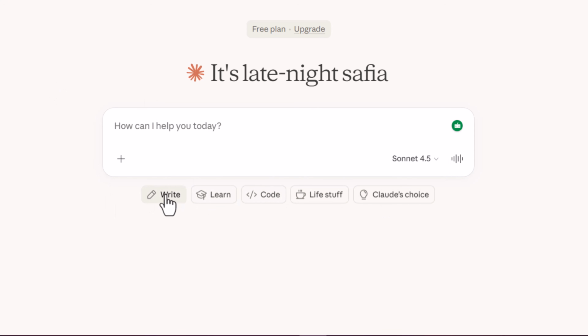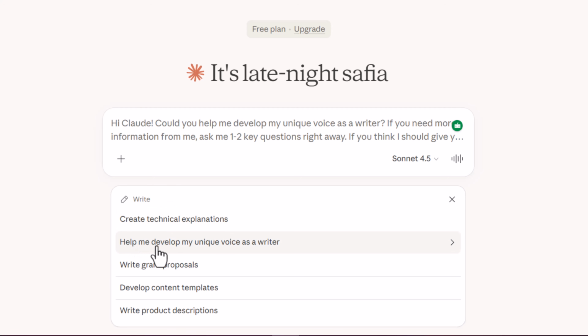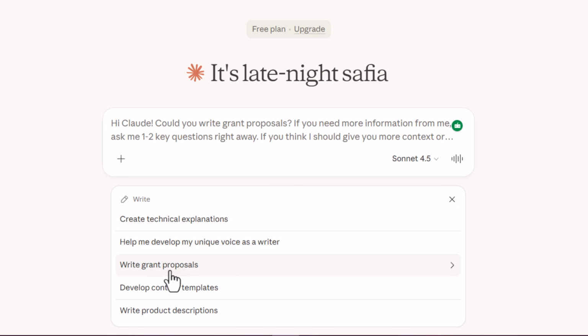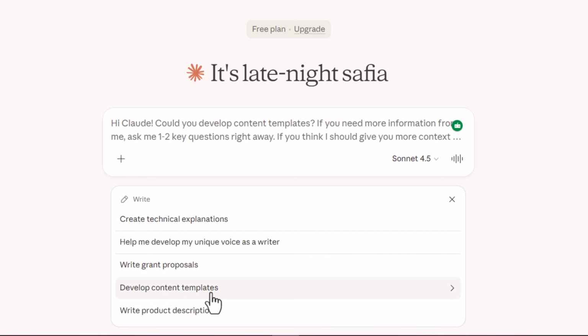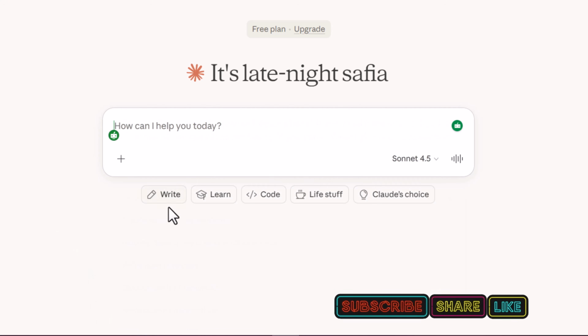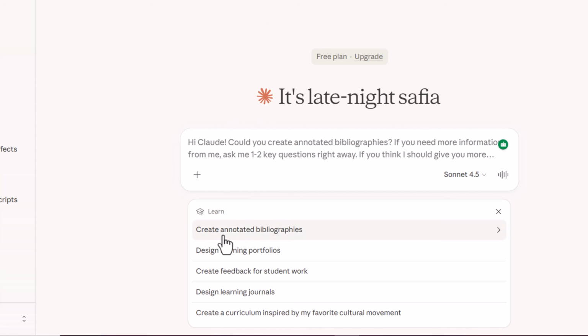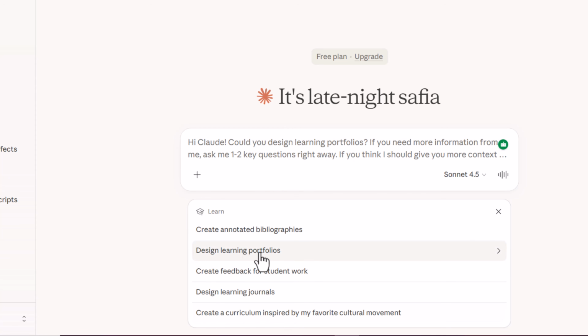The Write feature allows you to draft research outlines, develop project structures, improve writing style, brainstorm ideas, and much more. You can either select from ready-made prompts or enter your own customized instructions based on your needs. There is also a Learn feature, which helps you design learning frameworks, generate assessment questions, build knowledge maps, and create